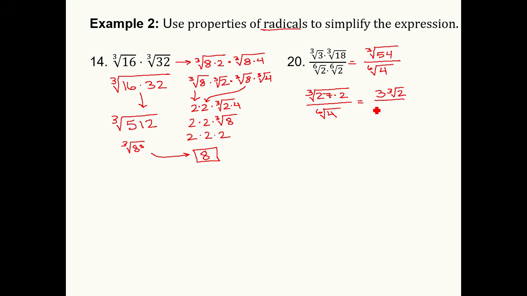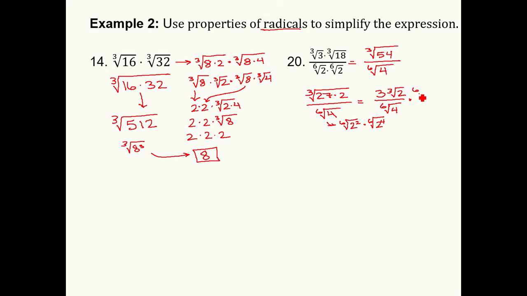All right, and then in the denominator, this sixth root of 4, I could think of that as the sixth root of 2 squared. What would I need to multiply in to this sixth root of 4 to make a perfect sixth power underneath? I would need to multiply it by the sixth root of 2 to the 4th. That way I would take 2 squared times 2 to the 4th and get 2 to the 6th underneath that sixth root. So that's what I must do to avoid ending up with a radical in the denominator.